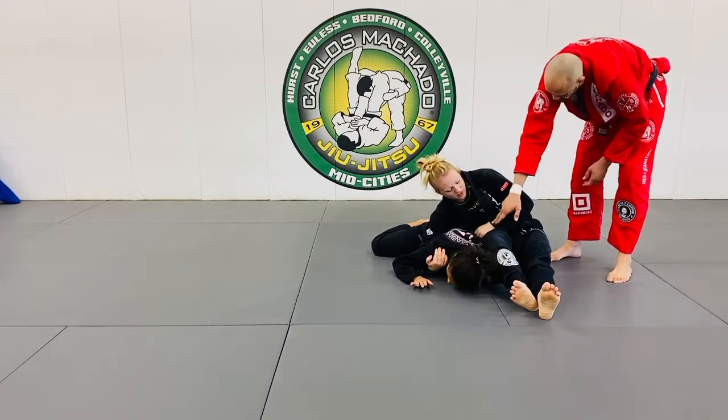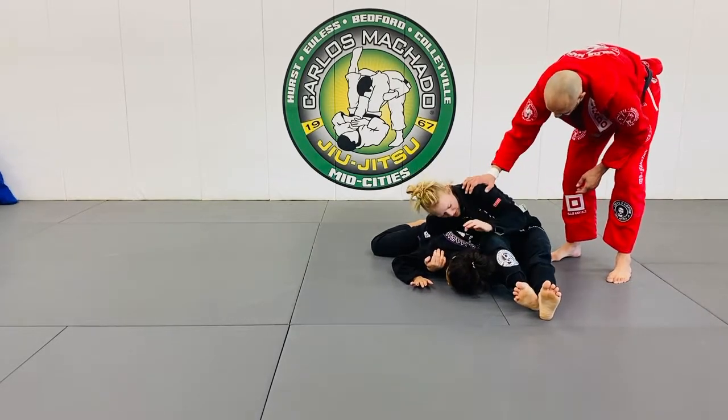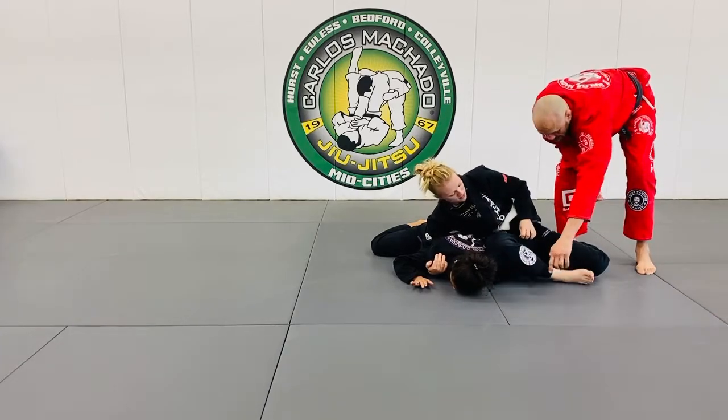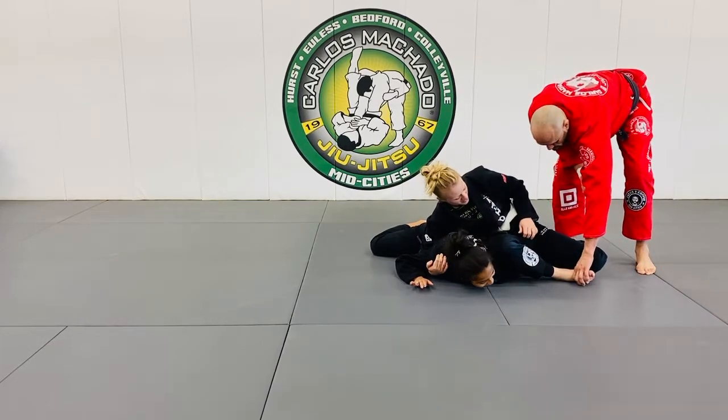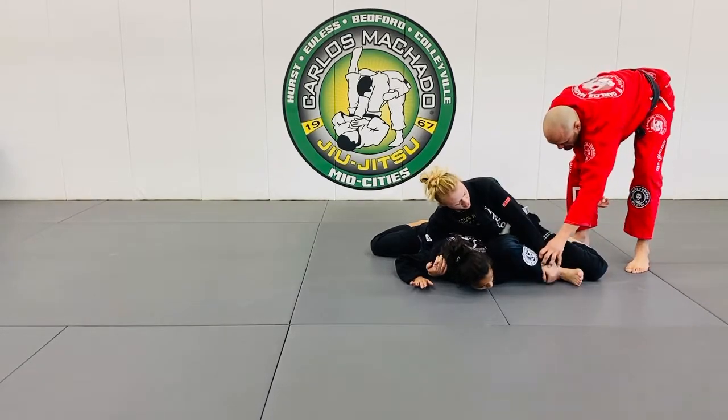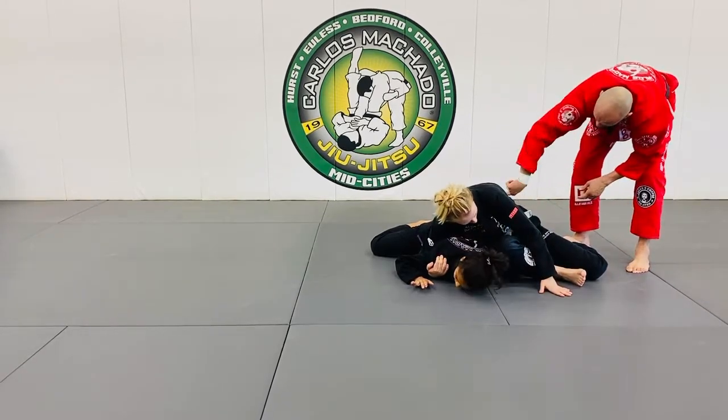Now, from here, you can let go with the left hand, or just keep leaning forward. Left hand, pull it back. Right hand, pull that back tight. Like spur this, don't dip. Spur it, right here. And now start slowly, put your head on the mat, lean forward, scoop your hips back